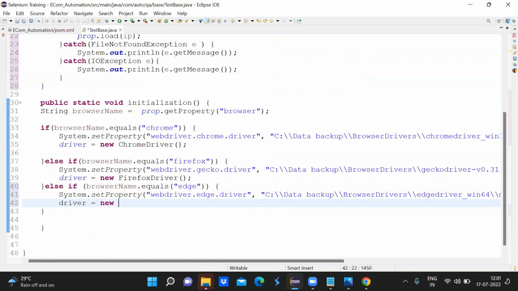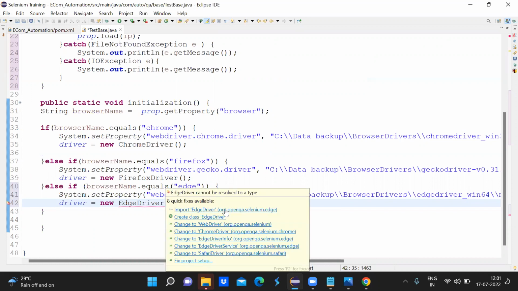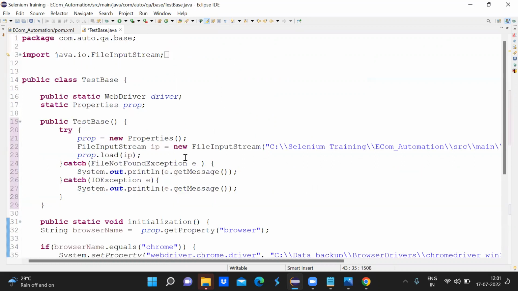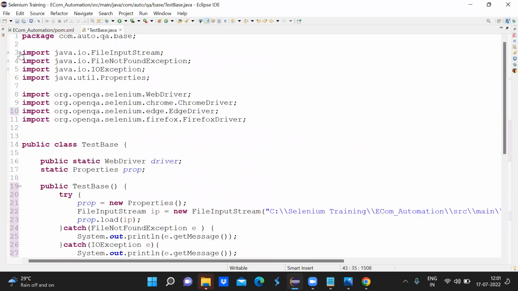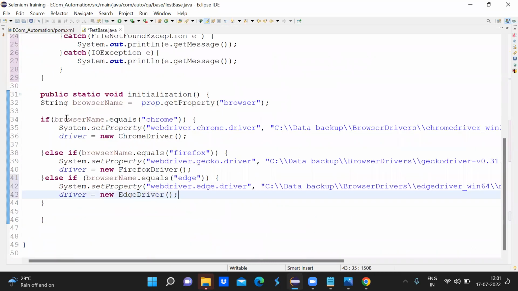driver equal to new ChromeDriver. So this also I will have to import from org.openqa.selenium. Okay. So my base class is getting ready, and once my driver is initialized, I will have to